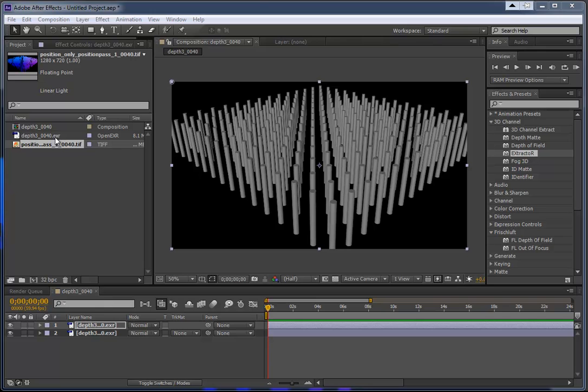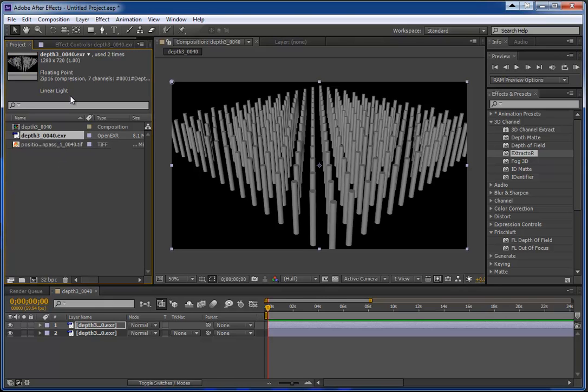So what I've done here is I've rendered out two different things. One was a multi-layer EXR that includes the depth channel and also includes a position pass. And then I've separately rendered out a 32-bit TIFF file that's only the position pass. The position pass in this case was set up from the camera perspective, and the scale I used here I think was